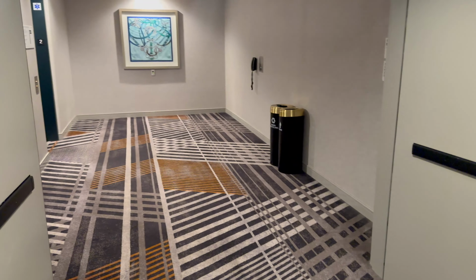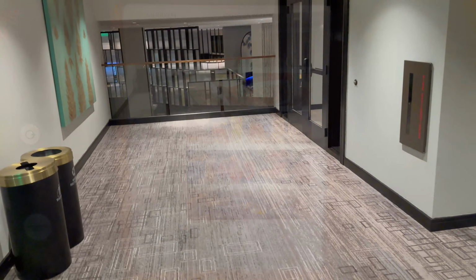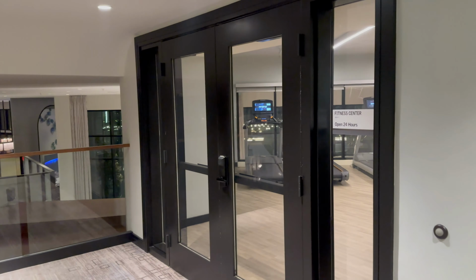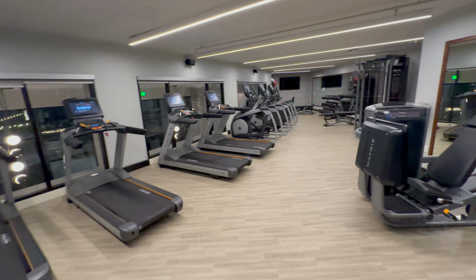Let's go check out this gym. Some of the food offerings here. Level M. You head down to the M floor, and that's where you find there's a private dining hall right there. And then here's the gym, so let's check out this gym. Made it down to the gym. There are 5 treadmills,